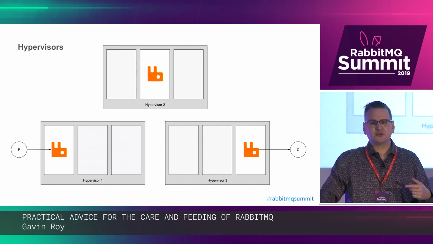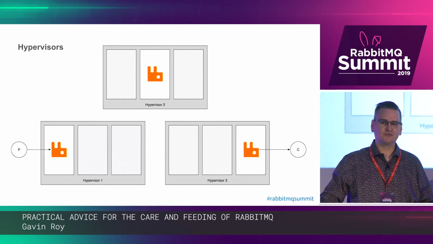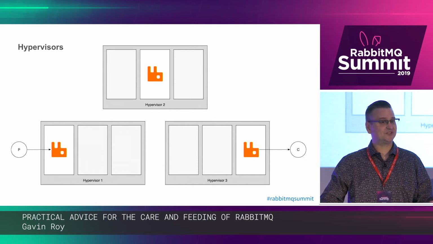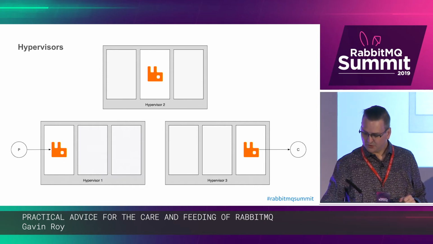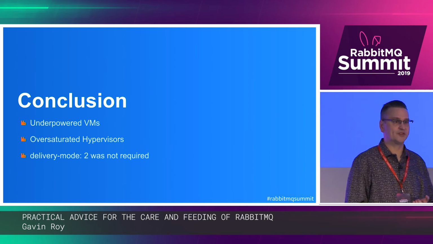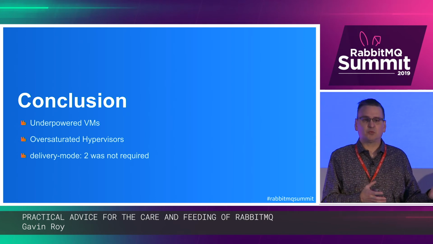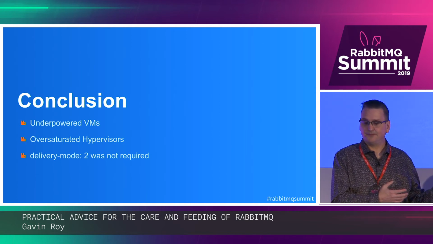And it turns out that our primary culprit there was the amount of I/O that was required for the size of the message that was being published in to persist it to disk and to do it 3 times and deal with all of that. So ultimately our conclusion was that the VMs were way underpowered for what they were doing. Right? We're expecting Rabbit to act like a database server, but we're not providing it the same type of infrastructure that we would provide a database server.